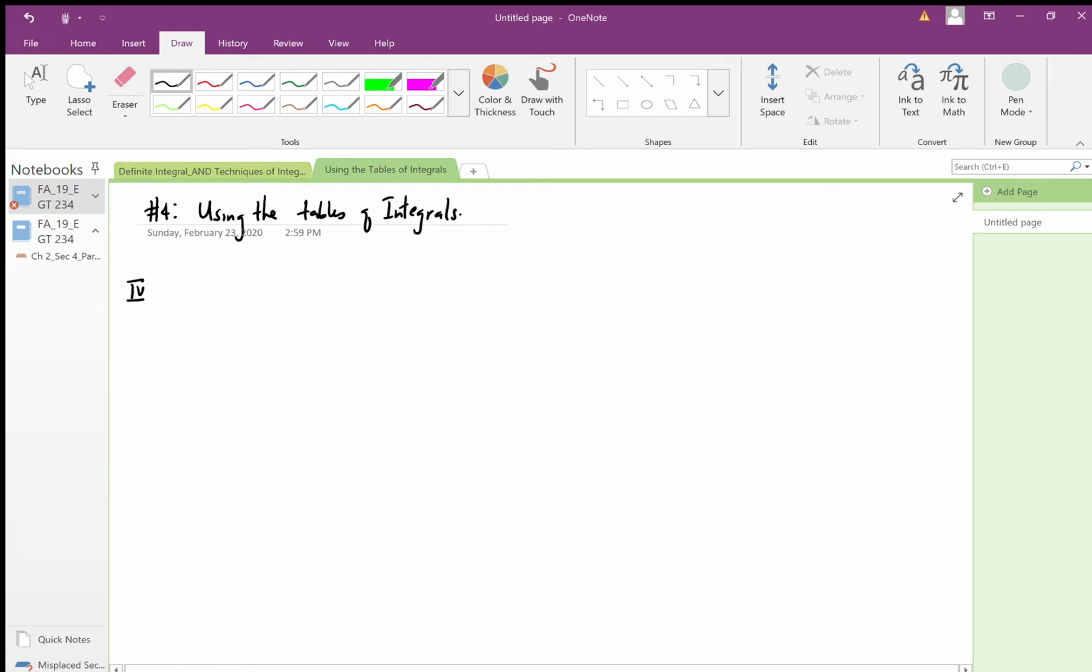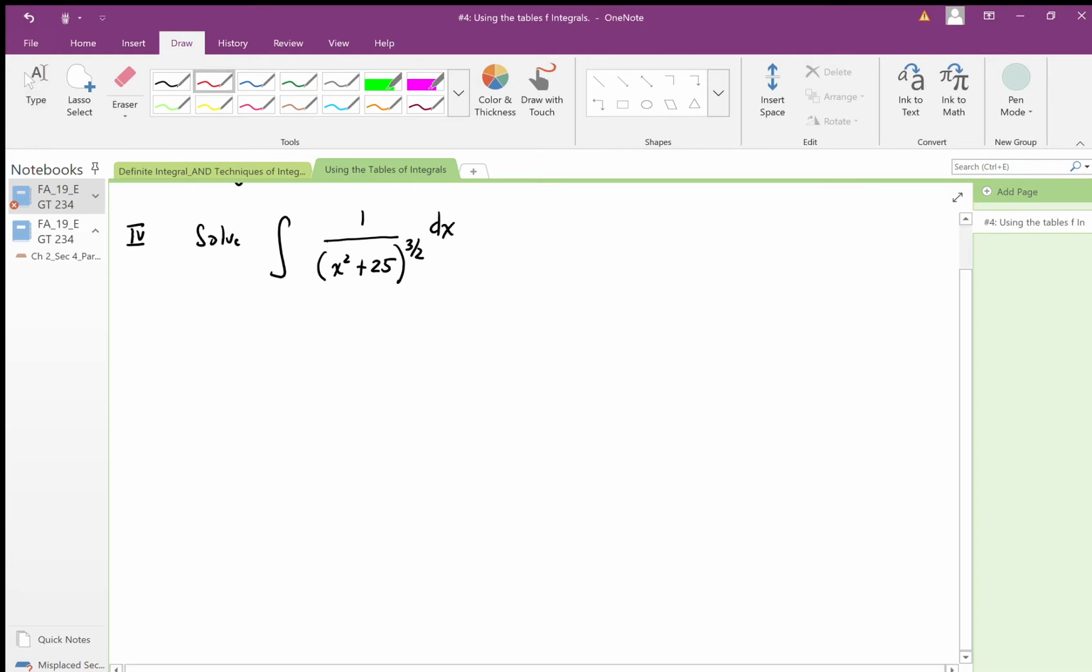Question number 4. We're asked to evaluate the integral of 1 over x squared plus 25. Okay, I'm sorry. We don't have a root here. This is going to be raised to 3 over 2, and this is our dx. Okay, so our solution in this case,